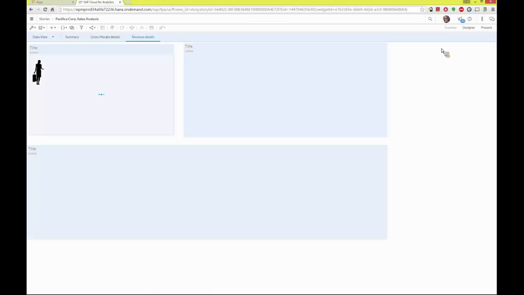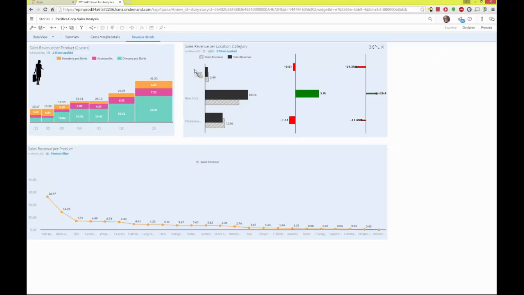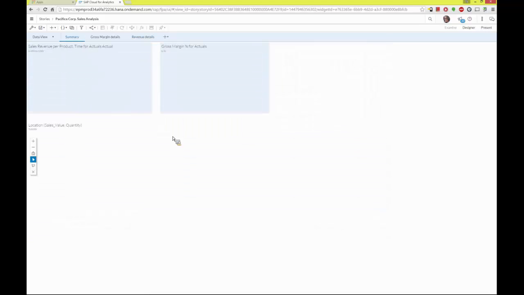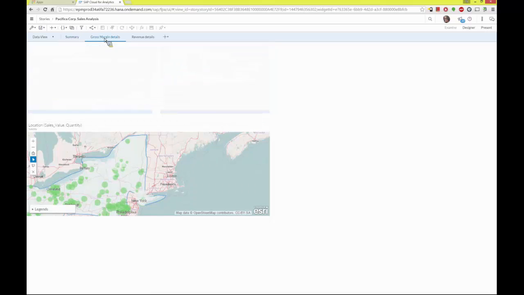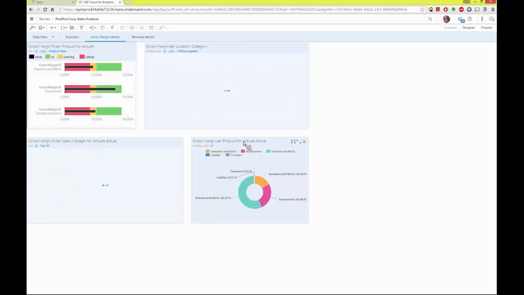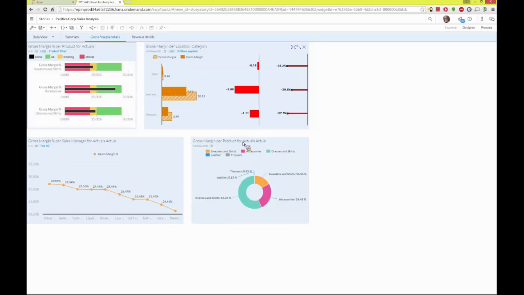With each one of these visualizations, you can specify an additional story that you can drill into to get more information about what's going on for that particular category. And these stories, which are basically a dashboard, you can have as many tabs on as you want. So I can look at the summary information, and some of these visualizations give me a slightly different view of the information I'm looking at. I could grow some visualizations that are particular to gross margin. You can see you have many different types of visualizations, as well as pictures, pictograms, and geospatial objects that you can bring in here and really look at that information.